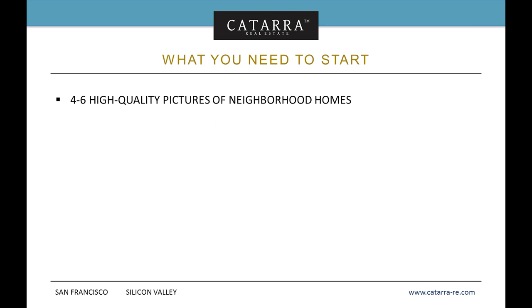The reason for four to six pictures is that you're not going to do just one ad, you're going to do several. If you have multiple neighborhoods, you're going to need examples of good homes in each of those different neighborhoods. If you've got two or three zip codes that you tend to work in, or two or three distinct neighborhoods, and the style of the homes in those neighborhoods varies, make sure you take the time to take pictures that apply to each one of those neighborhoods. That is going to make a difference.